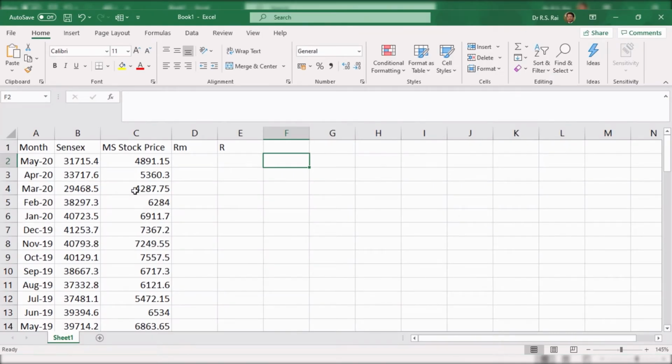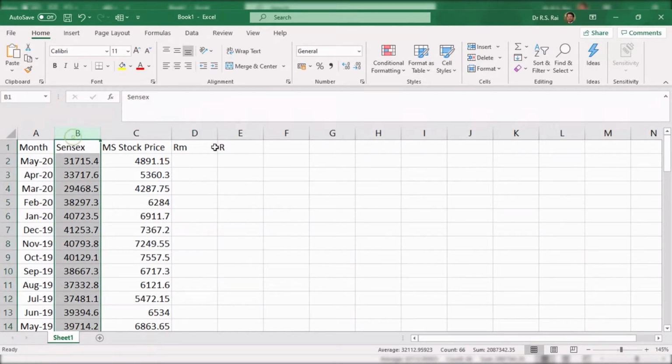So we have kept it in a separate Excel file like this, where we have months here in A, the data for Sensex here, and Maruti Suzuki stock prices here. This RM we will calculate, which is the return from market, and this R is the return from Maruti Suzuki stock prices.